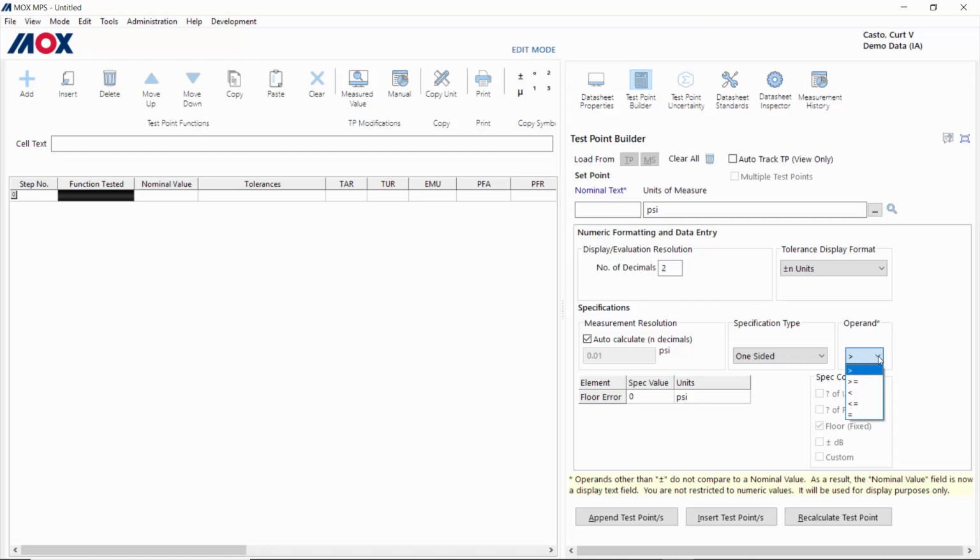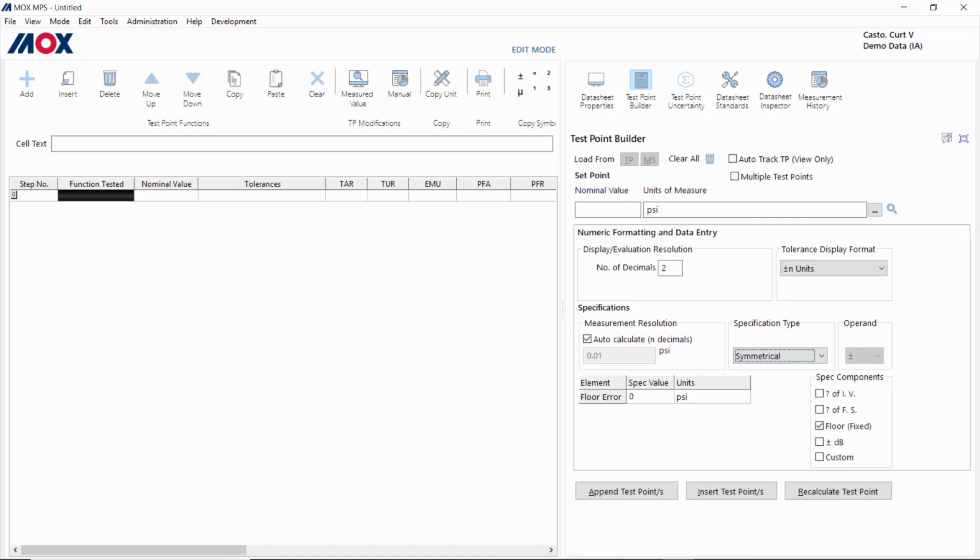So greater than 10 millivolts or 100 psi or whatever it is. But we're just going to use symmetrical for our pressure gauge, which is common. For our spec components, because this is pressure, we're going to be using percent of indicated value only. You can use any of these in combination, and the reason for the question marks here is because this could